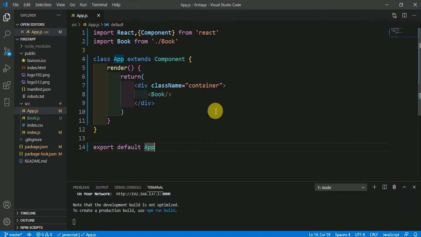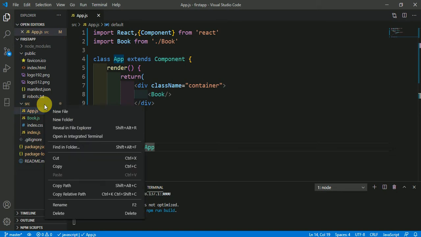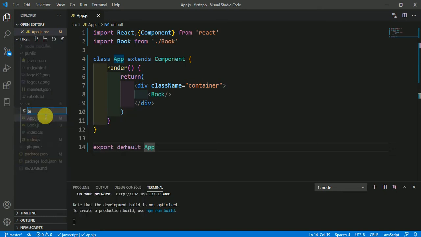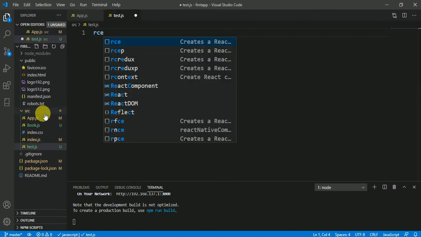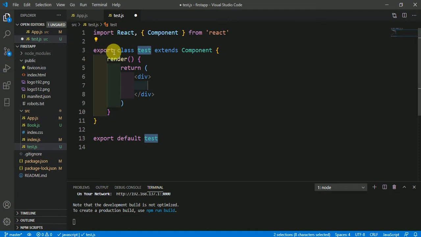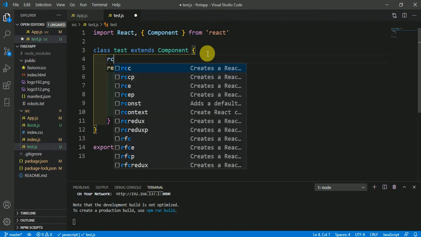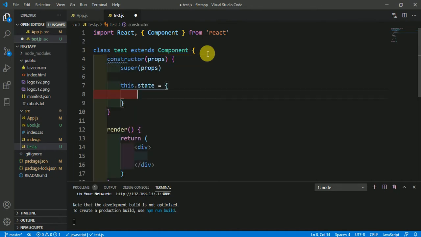Now just understand it with an example. I am creating a new file here, named test.js. Type here rce. I don't need export here. For creating the constructor, just type here the constructor. Create some variable, like I am creating here the name of the book, The Fault in Our Stars.